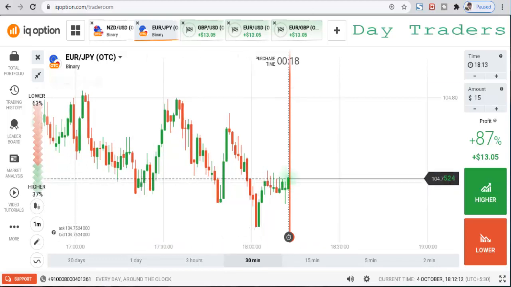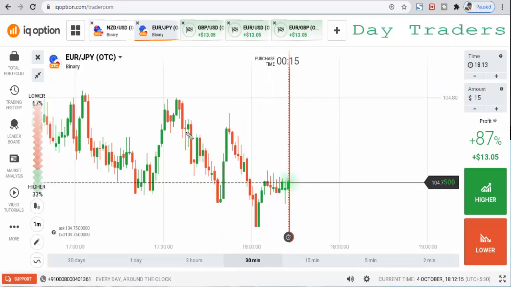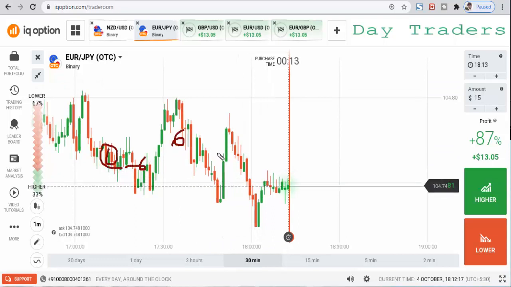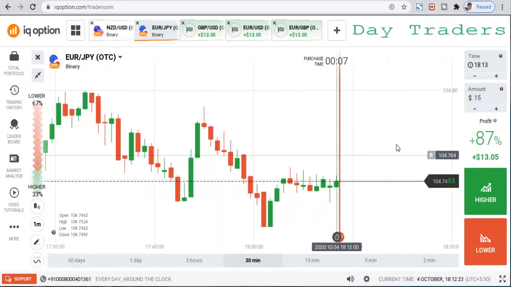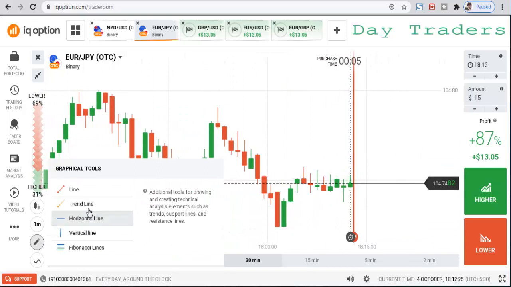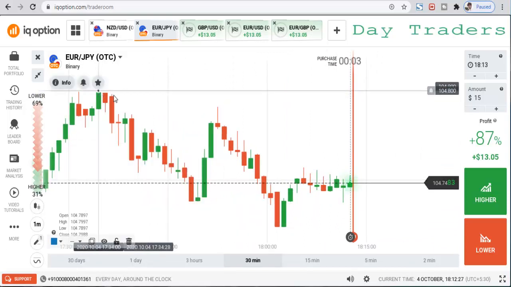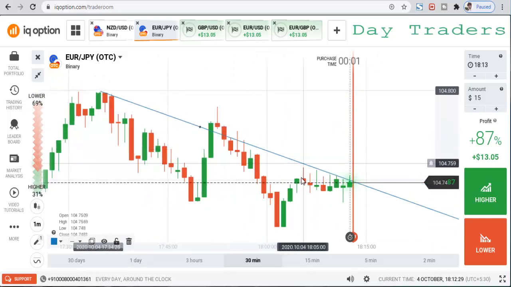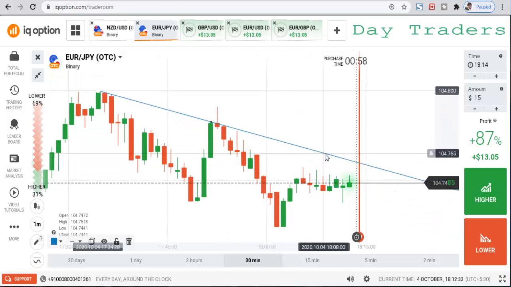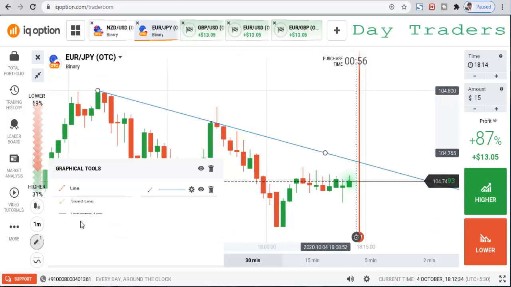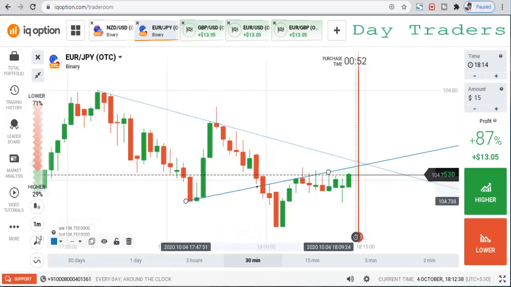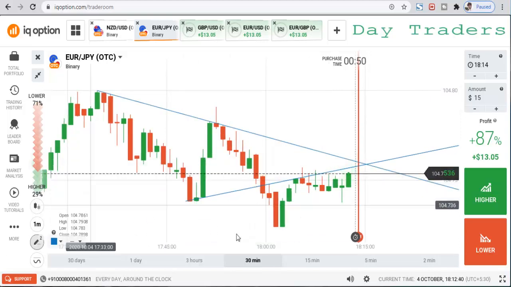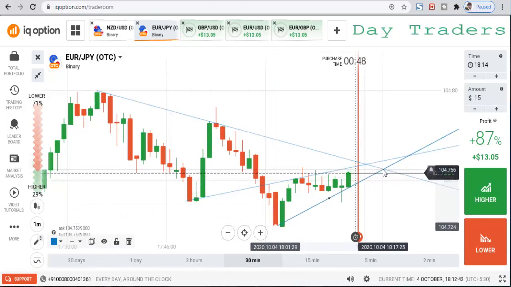And there are so many wicks in this market. This is not a good market. So many doji candles here. So in this type of market, select the rejection points. This is a seller's area, and this is a buyer's area, and this is also a buyer's area.